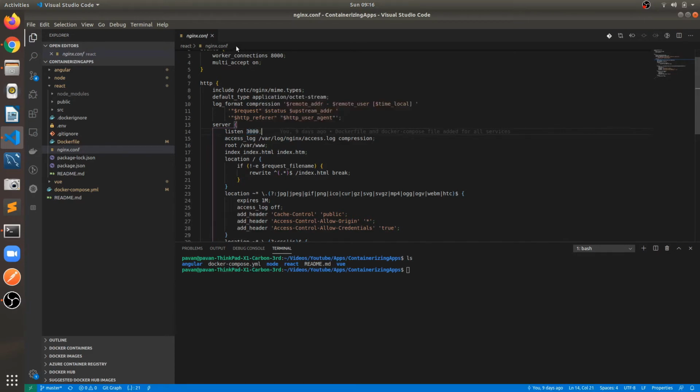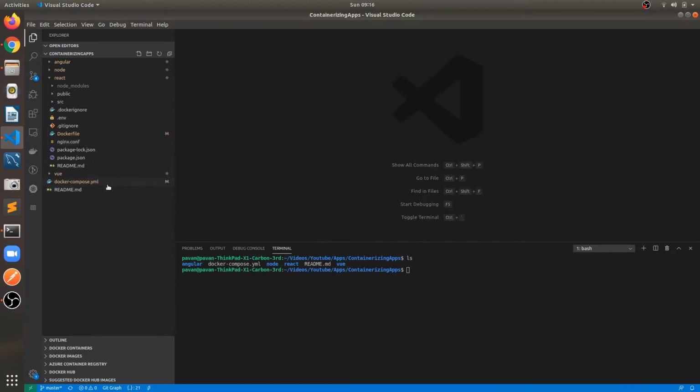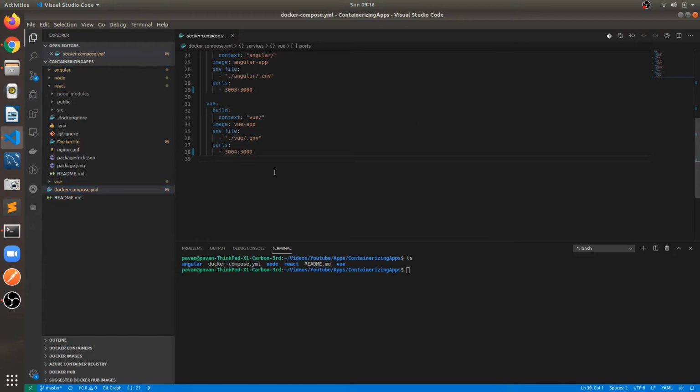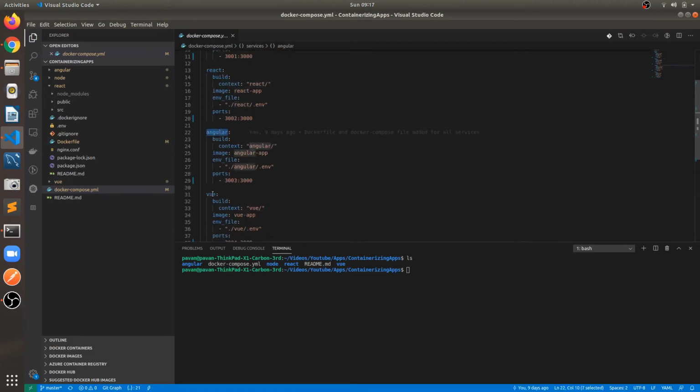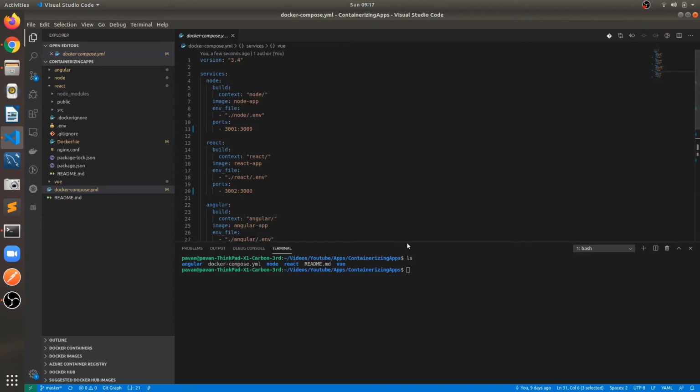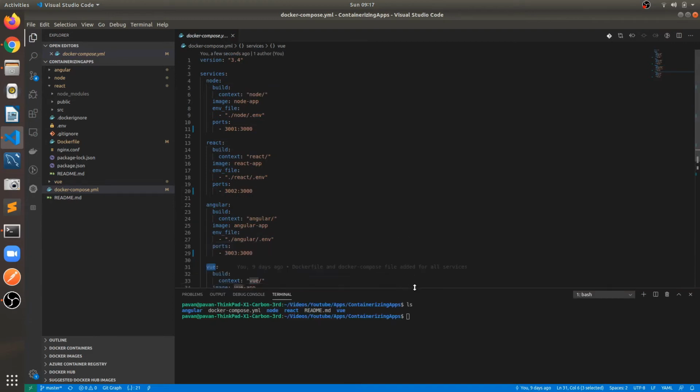The next task is the Docker Compose file. Here I have defined different services for all the containers: Node.js, React.js, Angular and Vue. These are the 4 different services I have defined inside the Docker Compose file.